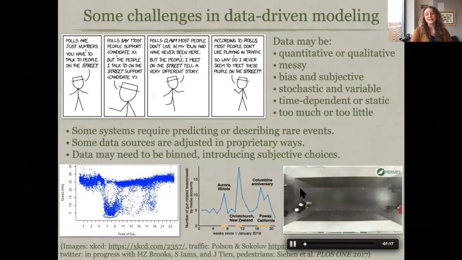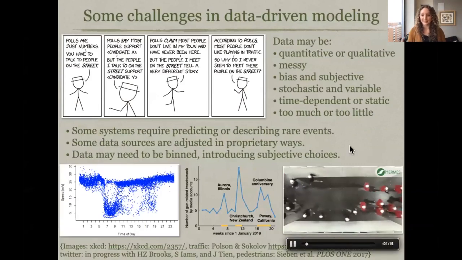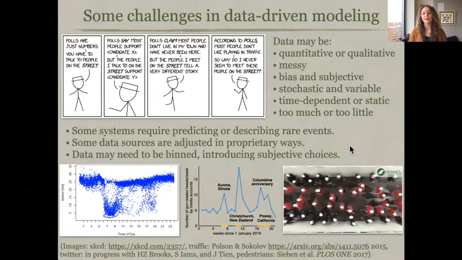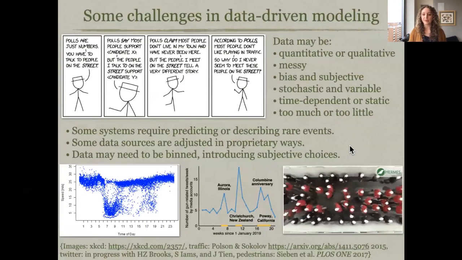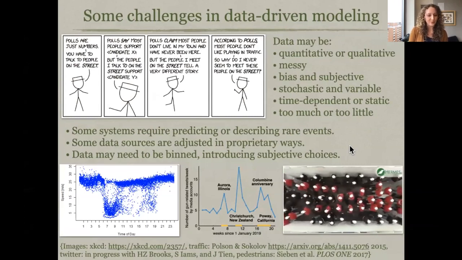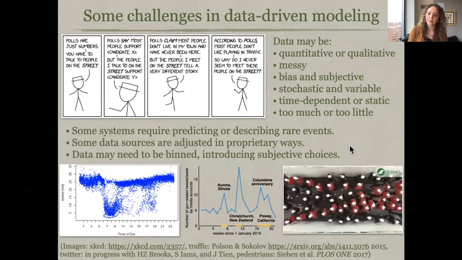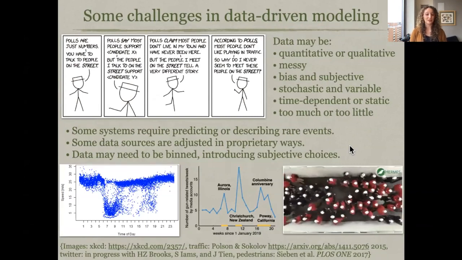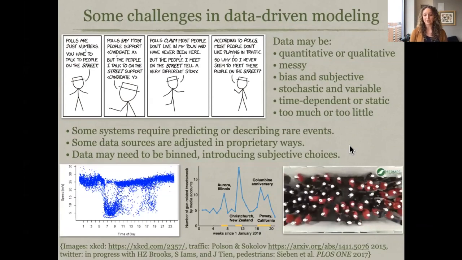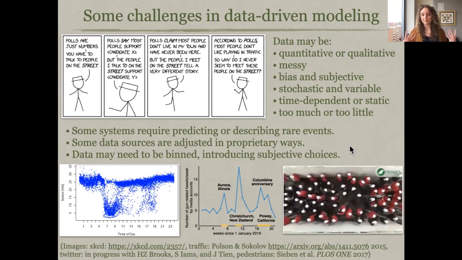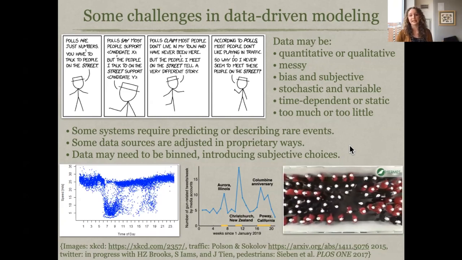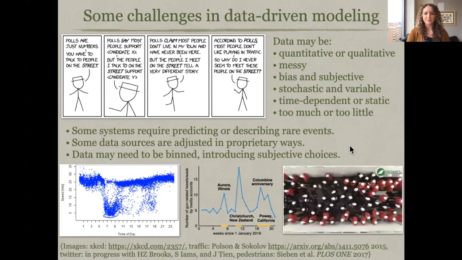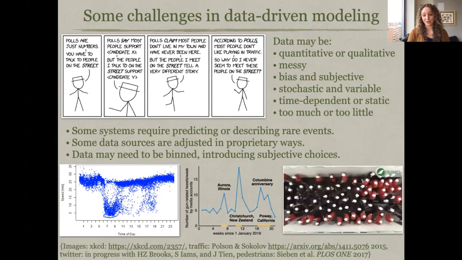Okay, and then finally, this is an example of data where, sure, there's quantitative data here. We know the speed of the people. We know the density of the people. But when we look at it qualitatively, we see that stripes are forming, but it's a qualitative decision when the stripes form and how wide the stripes are. Those are all things that we are making subjective decisions on as we work with this type of data. So I think it's important to be aware of these types of features as you build your model from the onset.